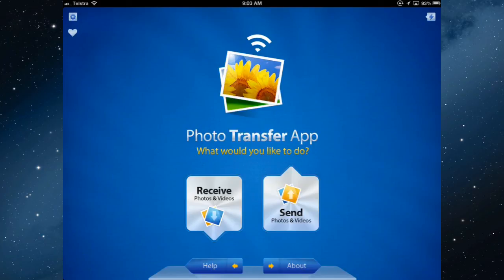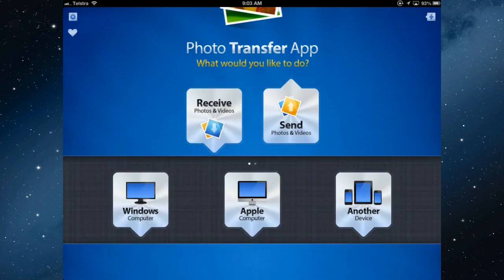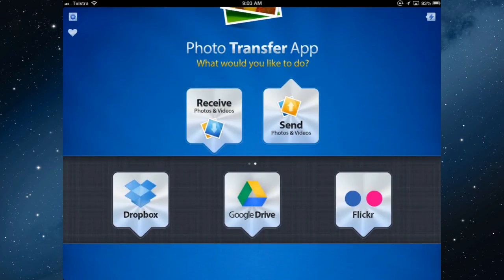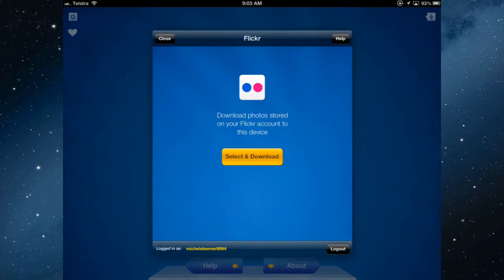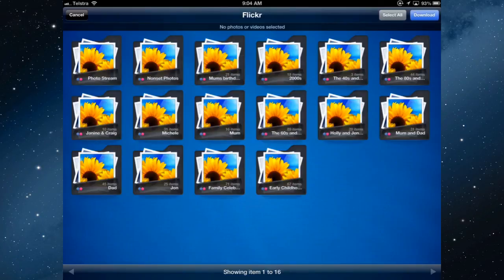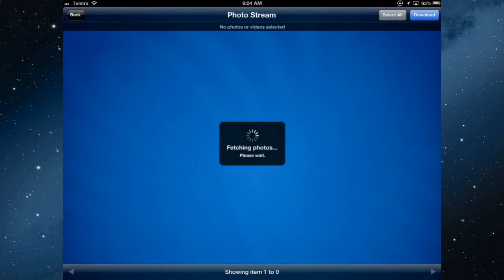So if I wanted to receive a photo from Flickr, there is a plugin that you need to first of all buy, and that's only 99 cents, and then you need to associate your Flickr account with Photo Transfer, but that's quite easy to do. Just follow the prompts, and once that's done, I can now select a photo from my Flickr account, so it'll be in the photo stream,